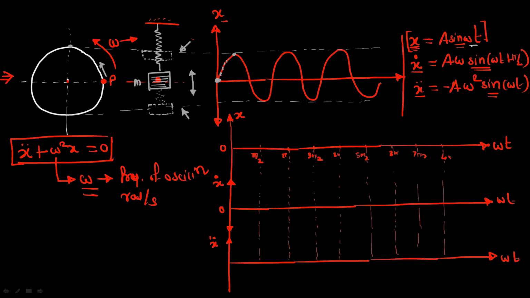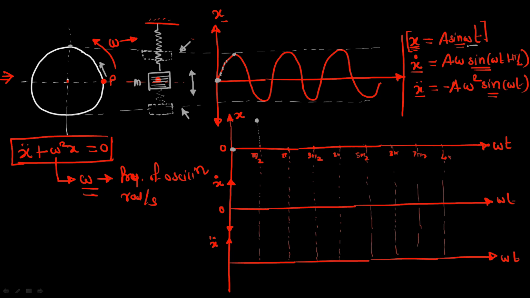As we change the omega t value, that means as time passes, the x displacement will gradually increase in the positive x direction. So at 0 we get the first point, which is a 0 displacement. At pi by 2, what is sine pi by 2? This will be 1. So at this point, we must get the maximum value for the displacement. Sine pi by 2 is 1, which is the maximum value.